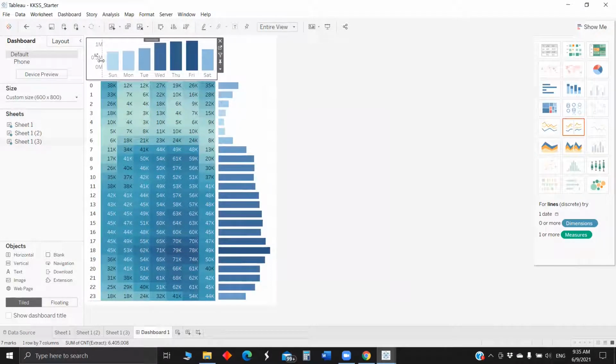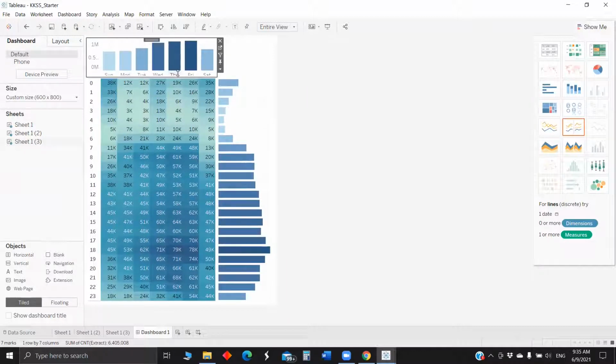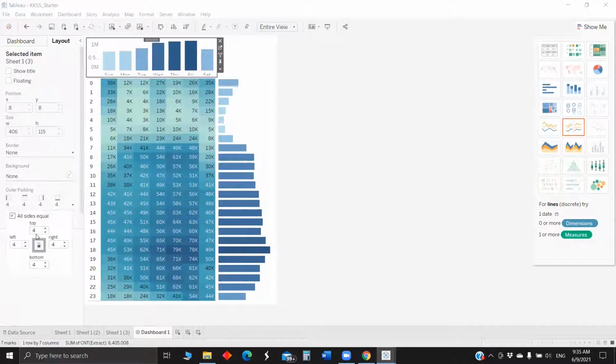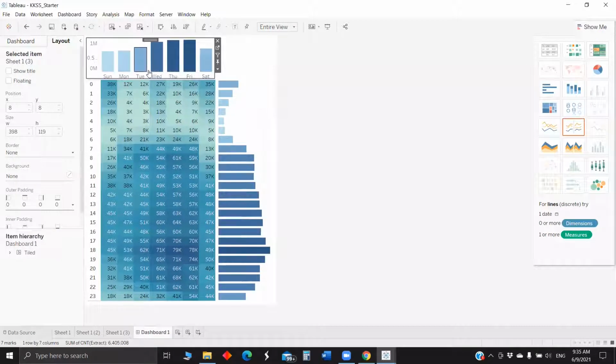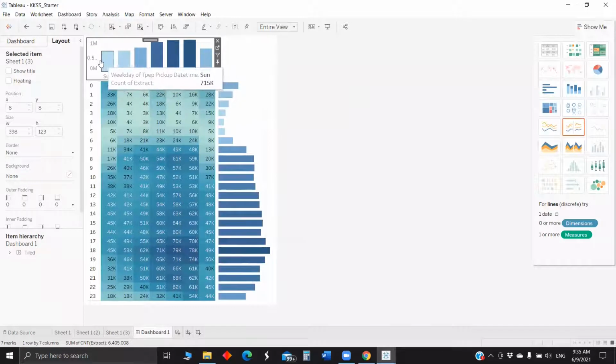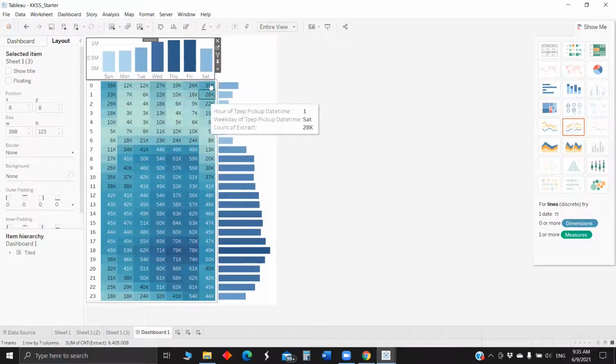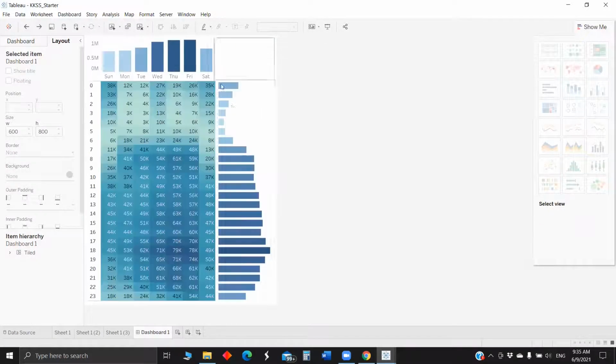We'll slightly modify the axis so we are able to exactly align. Let me remove the outer padding. Okay, so now we have the dates also exactly aligned and the hours also. So this is how we make the marginal histogram dashboard.